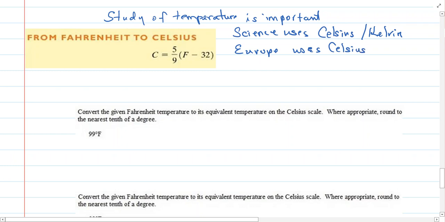So it's important that we understand the variations of these formulas and how to convert them